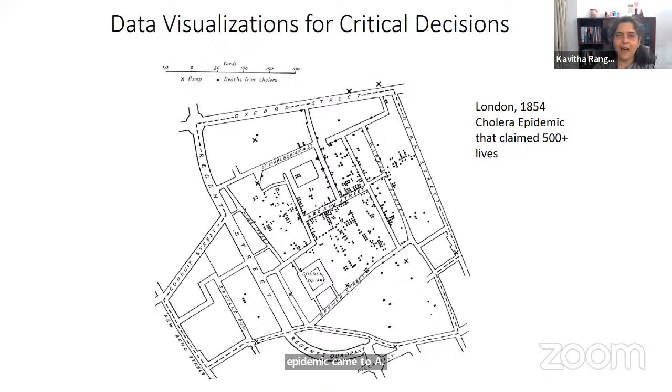And what's more, after that, people started paying a lot more attention to the sewage systems, to water management in urban areas. And today, if we live in cities with very sophisticated sewage systems, and we have clean water to drink, and we know how to dispose our waste hygienically, we owe a lot to this map, because after this, urban sewage systems actually started getting revolutionized. So a simple data visualization can have very long-reaching effects.